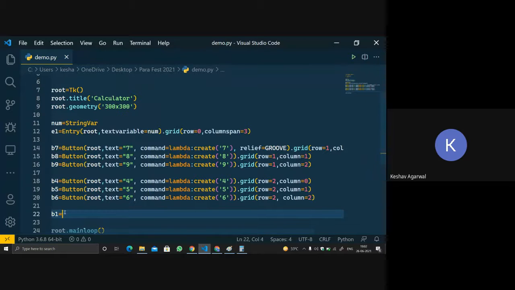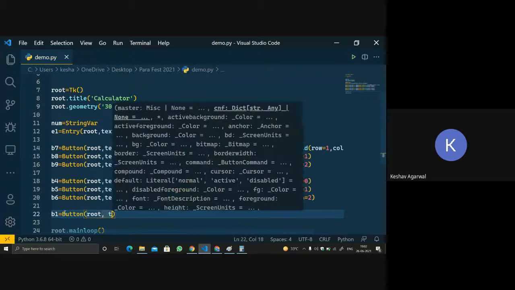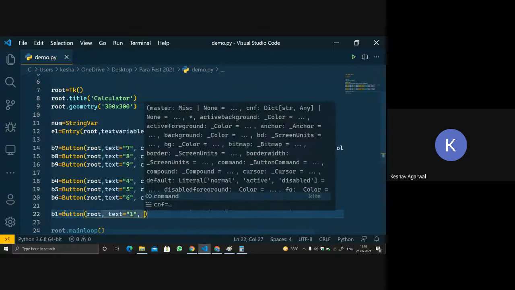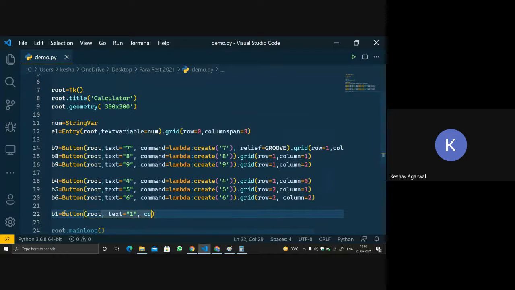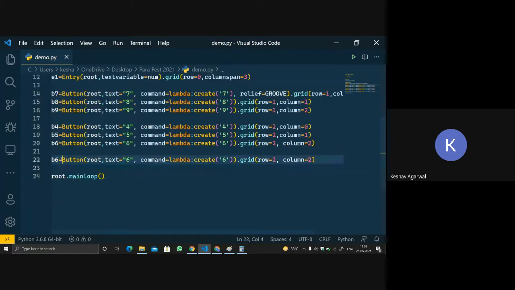Okay, so B1 is equals to button root comma text is equals to 1, comma command. Okay, let's copy it. You don't have to go through it every time. So let's change the button name over here, B1, and text is equals to 1.